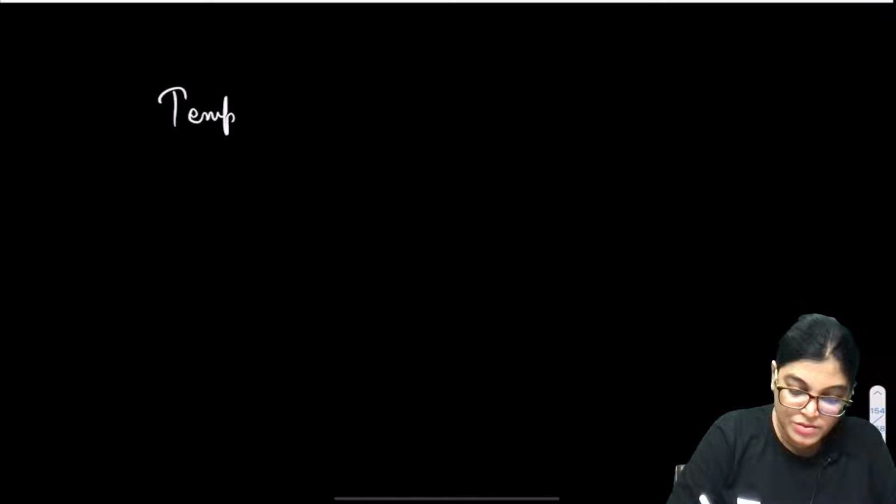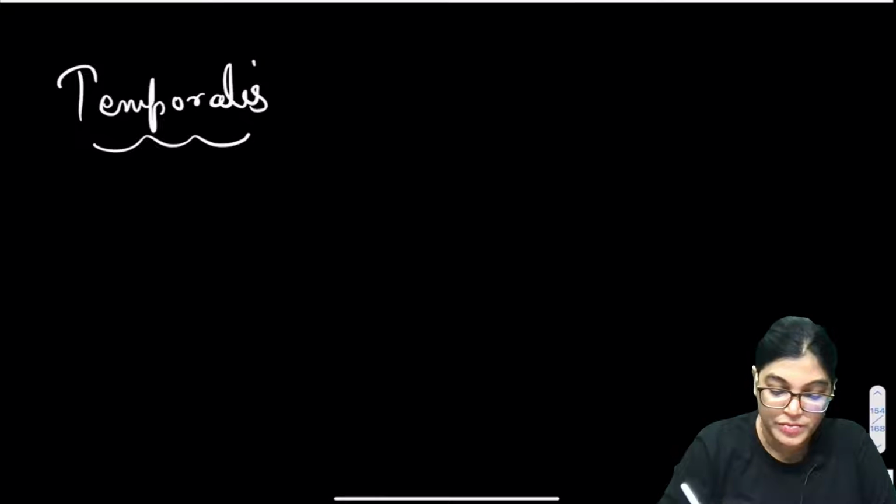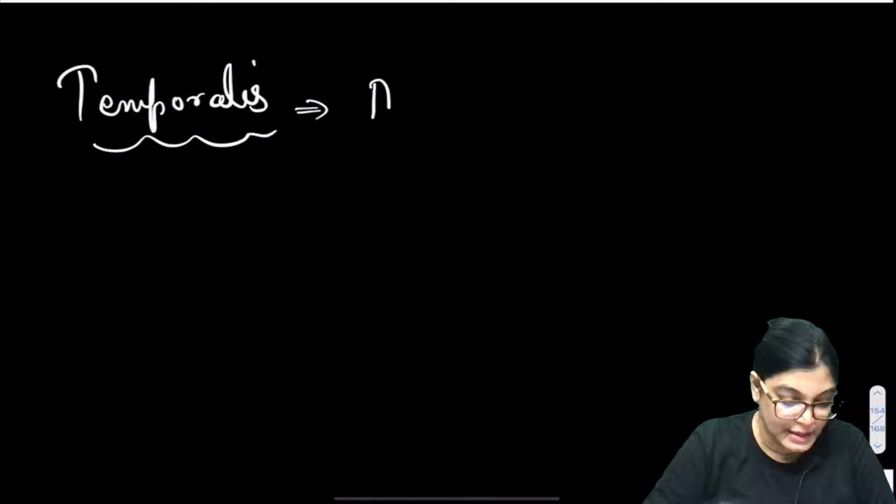Temporalis muscle has got 3 fibers. Temporalis muscle has got 3 fibers. Anterior fibers are